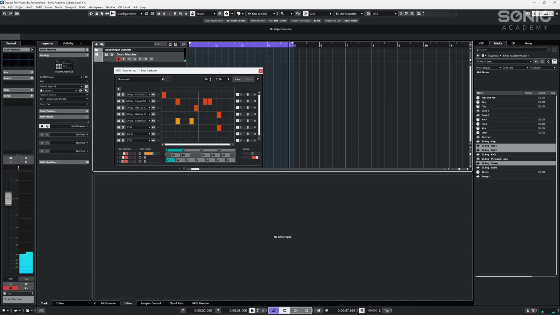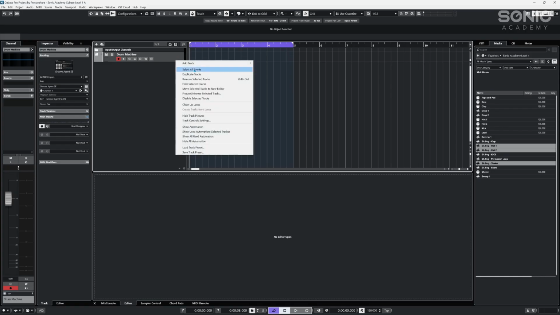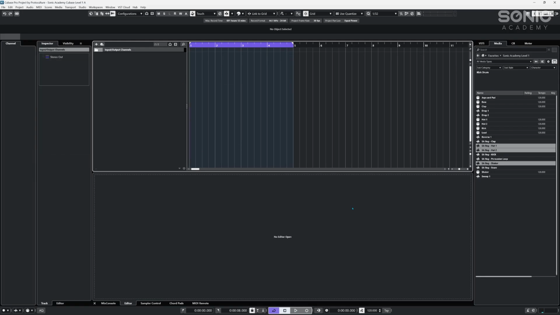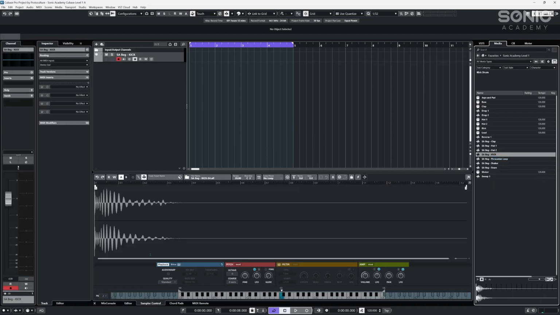So that is nice to work like that sometimes, but like I said, I prefer to have individual channels for all my stuff, and I like to use the default Cubase track sampler for everything that I do in Cubase as far as sampling is concerned normally. So we're going to just remove this drum machine channel that we have, and let's get our drums in. I'm going to select our kick, and just right-click on it here and go create sampler track. And you'll see it just pulls it in immediately,